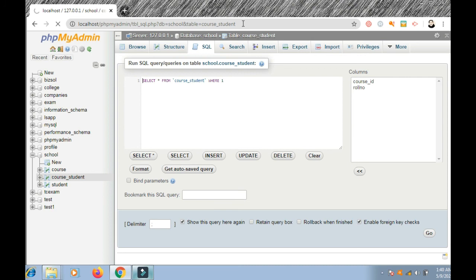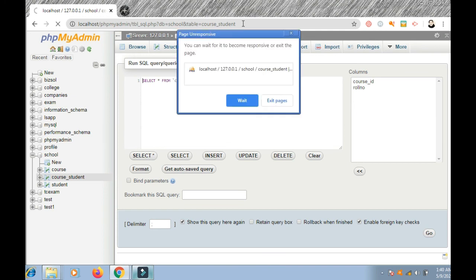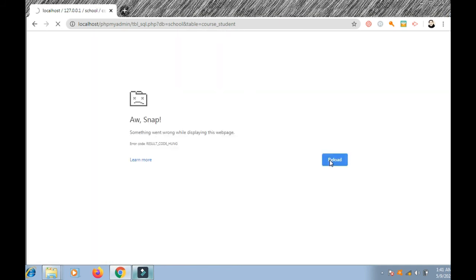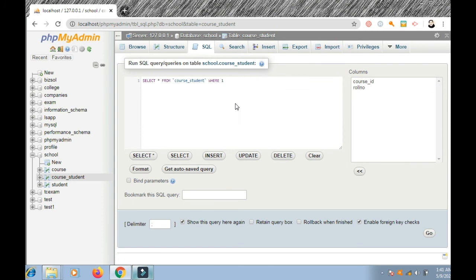Now let's see. This is the query window, and we will have to use a join query here. So select from course student, right?